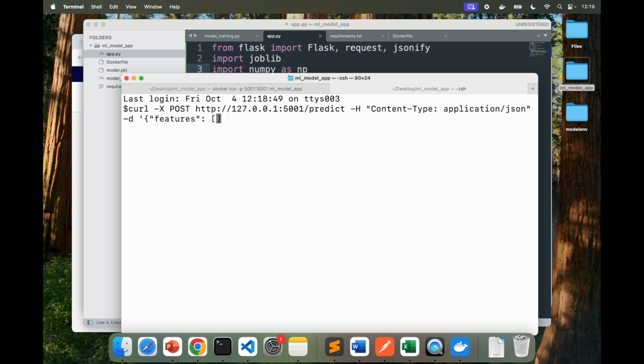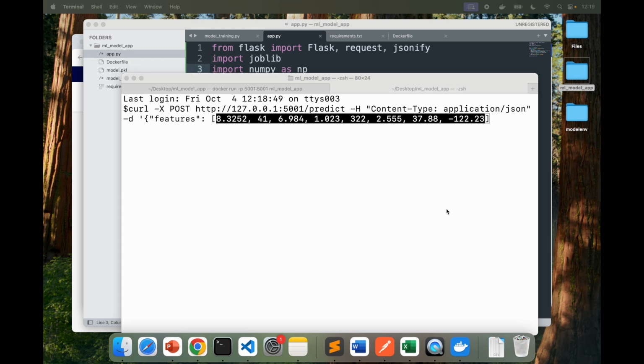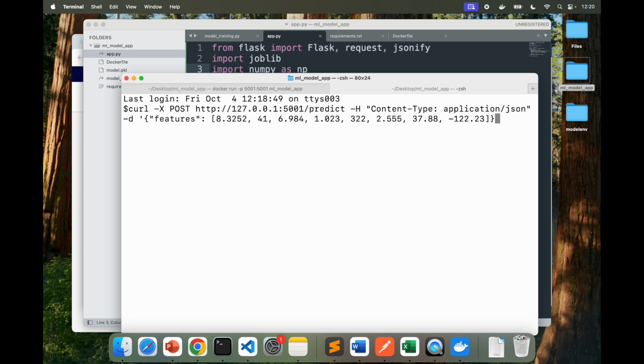I have some values from my project, which are based on the house pricing and stuff. These are the different values in the particular housing. You can open the Excel file, or you can look at the housing data, and that's what you will see over there. Once I'm done with this, close this. So these are the values that I'm saying. Based on these values, can you predict the house price? And I'm going to run this. It says prediction is 3.59952. So that's what the price of the house is based on this model.